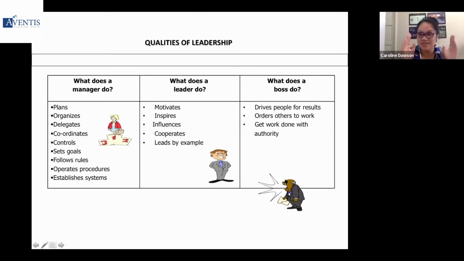Everyone, this is your shortcut answer to some of the qualities of leadership. Believe it or not, even a boss's style is a type of leadership. But typically what a boss does is they drive people, they order perhaps, but are authoritative by nature. Now, a question to all of you: looking at these 3 types of leadership styles, which do you believe is the most ideal? Can you please type in the group chat? Or rather, what kind of boss, manager or leader would you like?